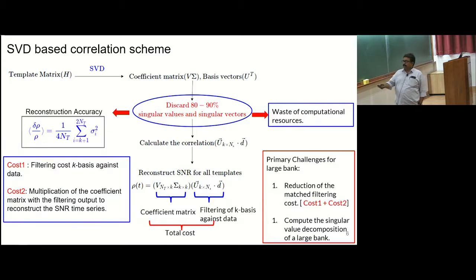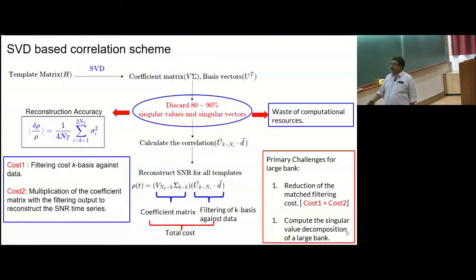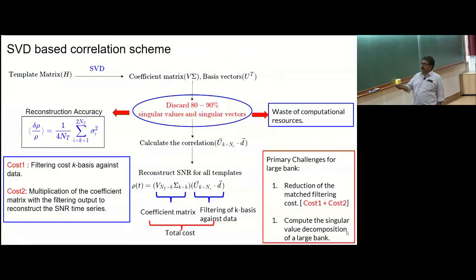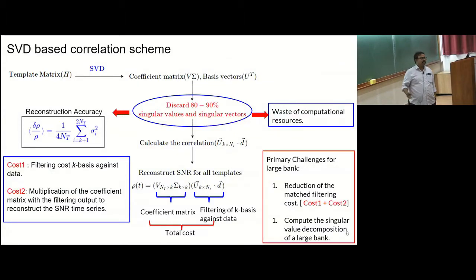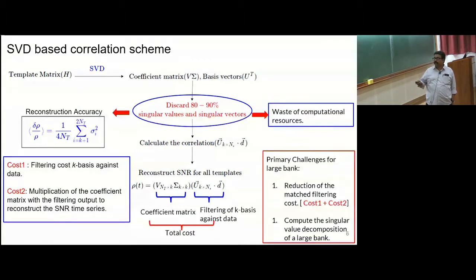And there are different pieces to this. It turns out that now that you've broken it up into a low rank matrix, the filtering cost becomes negligible. It becomes negligible in comparison to the reconstruction cost. So